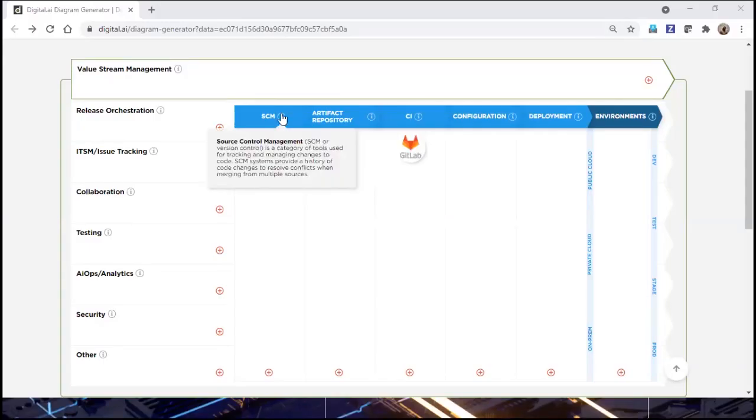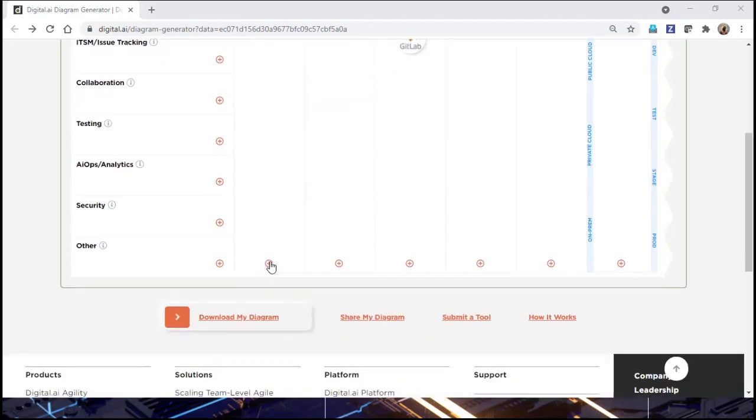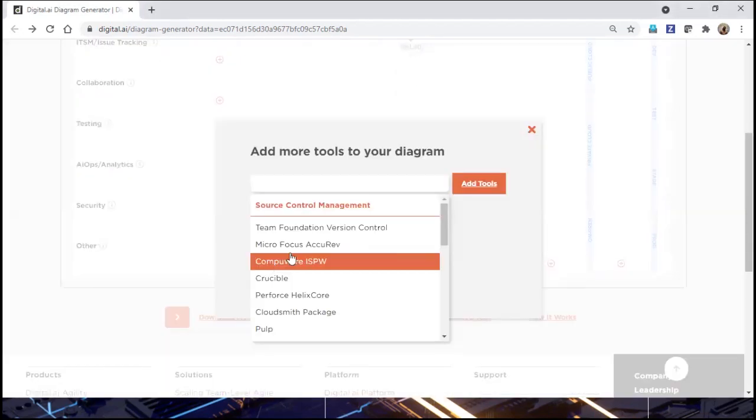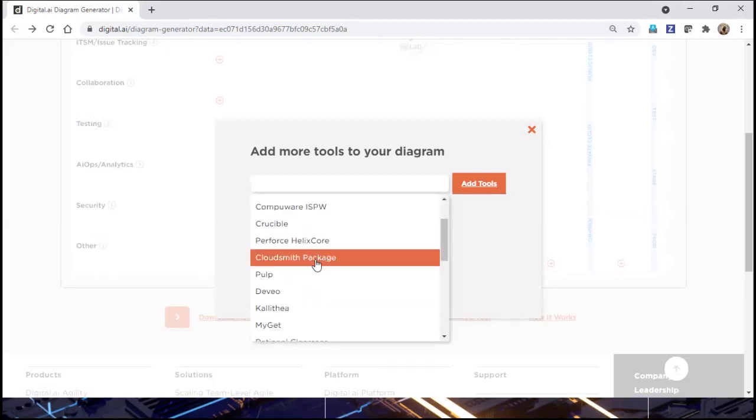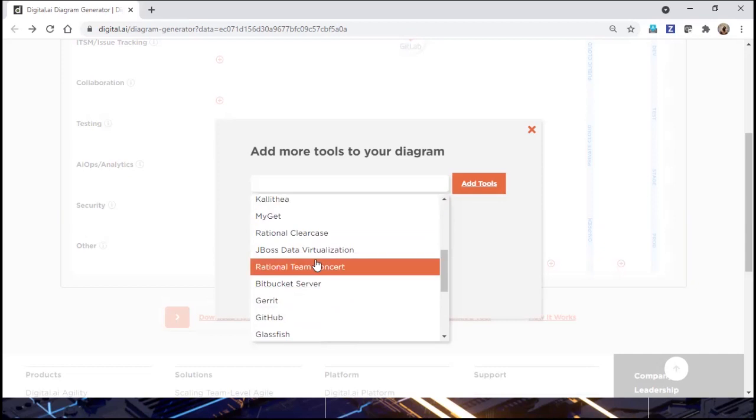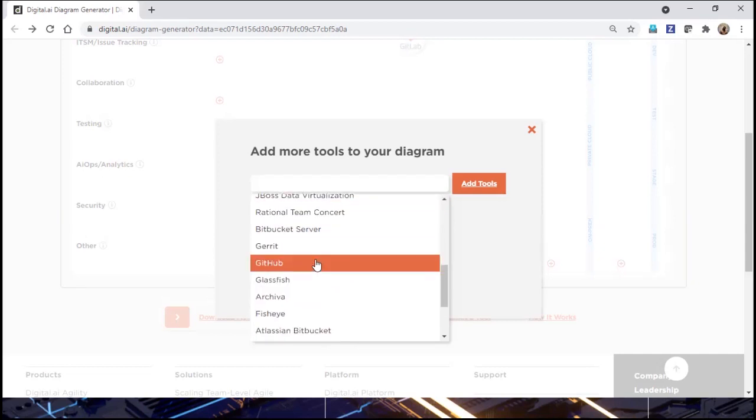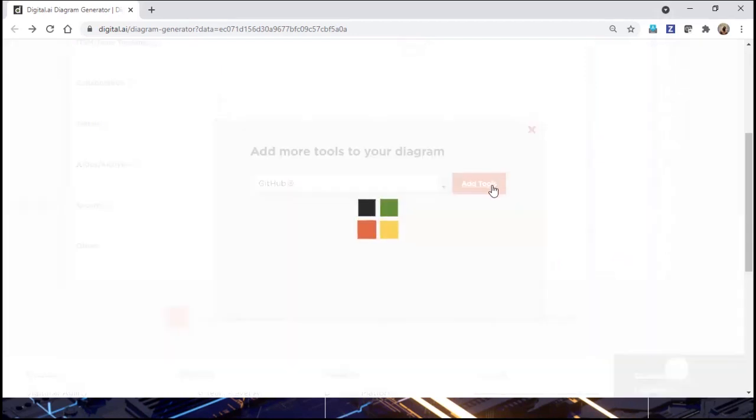Source code management means, as you already know, the developer creates changes and keeps pushing them to a source code management repository. Click this plus and you will see a lot of source code management tools. Which tool are you more familiar with? GitHub, right? So select GitHub, add tools.